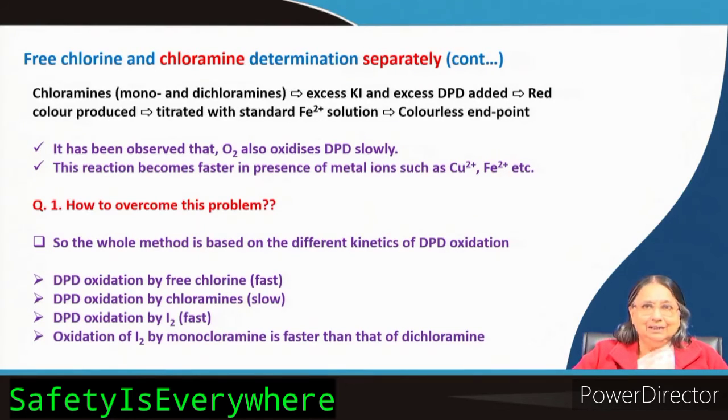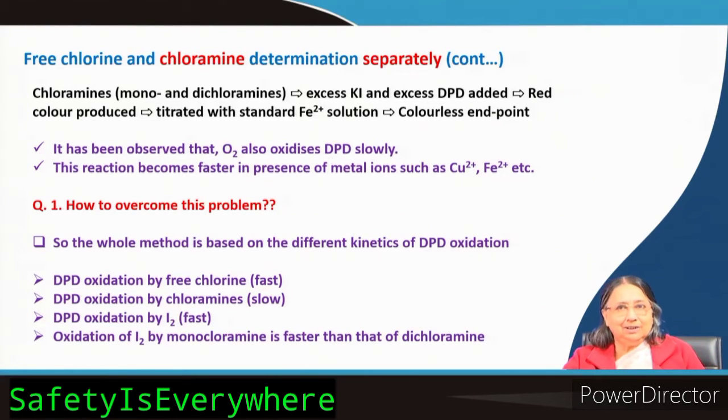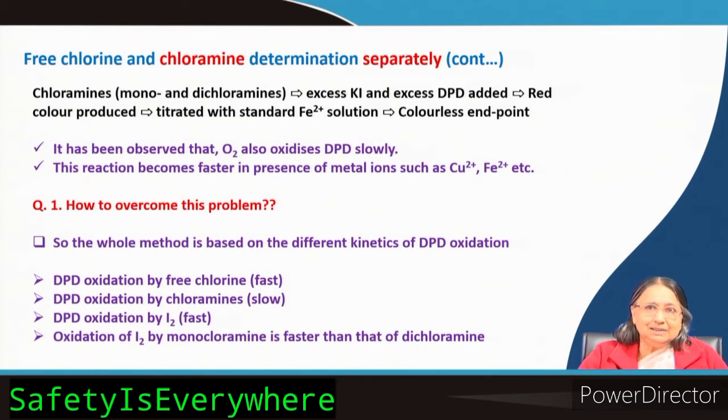By adding EDTA, because EDTA is a very good complexing agent, it can complex with metal ions. So, if you can complex these metal ions with EDTA, then it is no more a catalyst, it cannot act as a catalyst. So, this reaction will be slowed down. So, oxygen will not hamper, because titration in nitrogen atmosphere or some other inert atmosphere is not possible, okay. Oxygen you have to allow, okay, but you can do it this way, then the error is minimized.